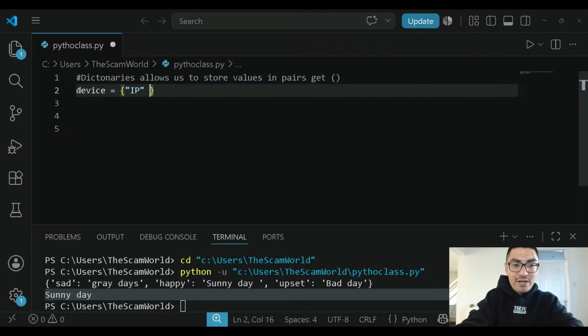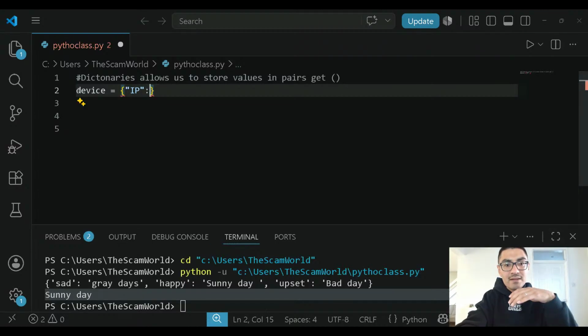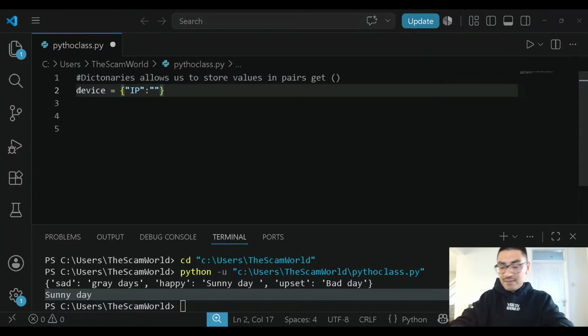So IP, we have our key. Our key is IP, and then IP,